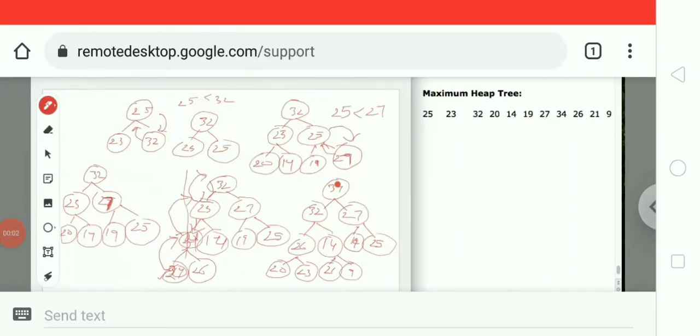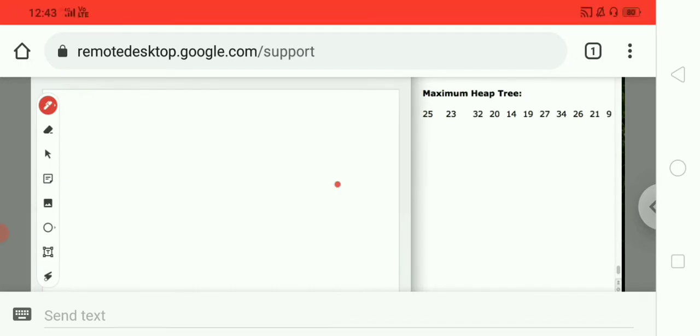After inserting those last two elements, 21 and 9, this is the maximum heap tree, but we have to do a comparison here. Compare 21 and 14: 14 is the smallest element. According to our rule, the parent node must be the highest, so for that we have to swap like this. After swapping, the total tree will become like this: 34,